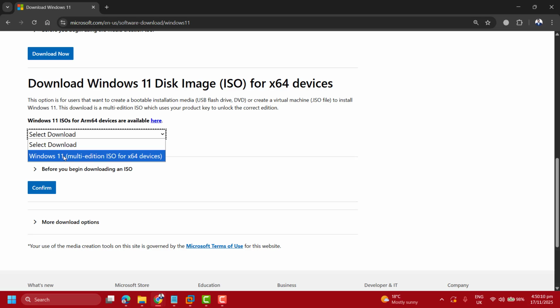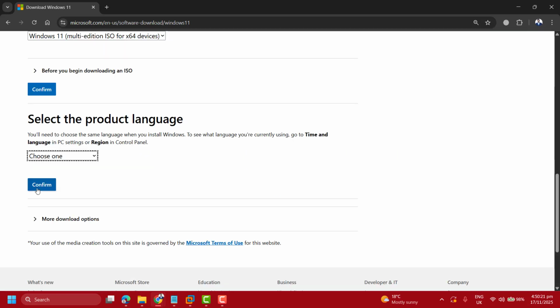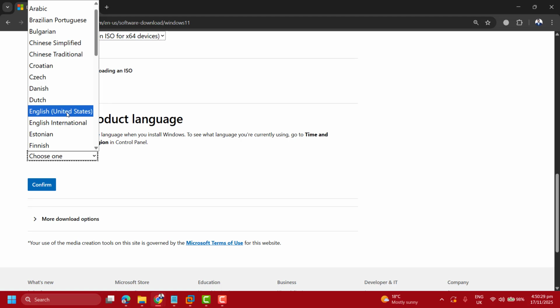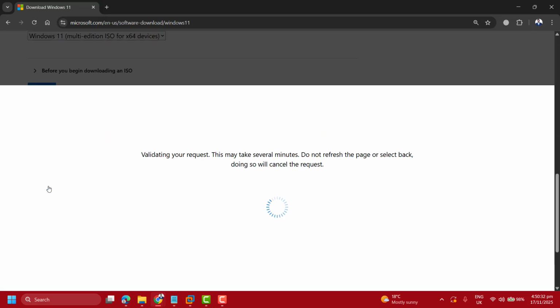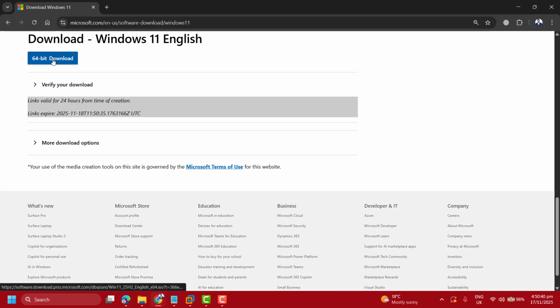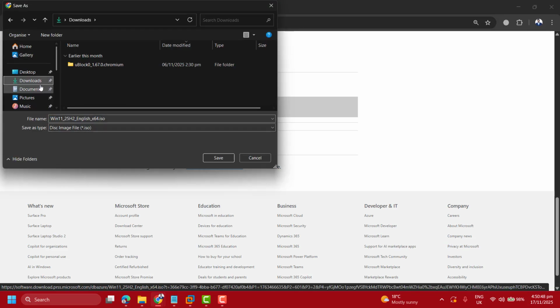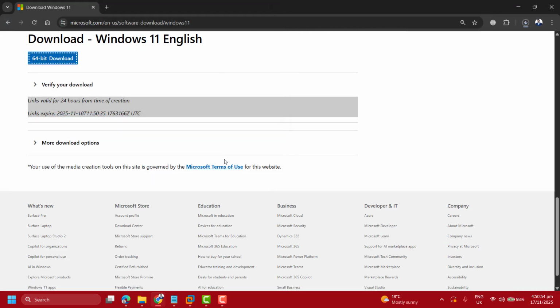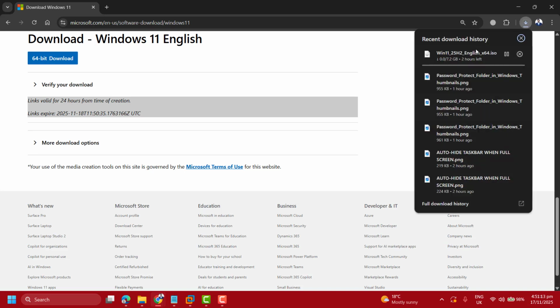Let's go here, and I want to select Windows 11 multi-edition ISO for 64-bit devices. Click on confirm. Now here let's go ahead and choose our required language. Again, click on confirm. Now just click on 64-bit download, specify the location for your Windows ISO download, and click on save. Please note that this ISO contains all of the Windows editions, so you don't need to worry about the edition. It takes some time to download the Windows 11 ISO onto your computer, and this depends